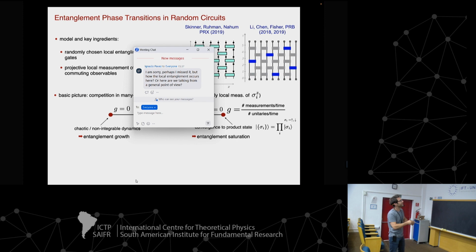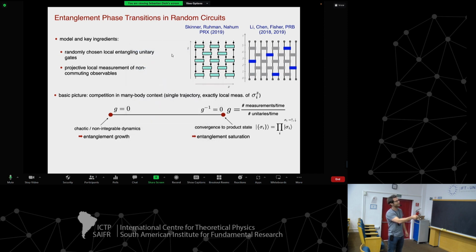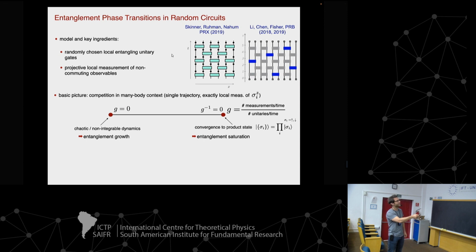I mean, local entanglement, you can see it basically from these gates here. On each pair of sites, you generate entanglement, and if you forget about the measurements, that's what we're doing in this limit here. You can see here I build up some entanglement, so quantum correlation between these two sites. Then in the next step, you entangle this one with this one, so you can see basically how an entanglement front also spreads through the system. These random circuits have the property that you really get a lot of entanglement, in the sense that it scales proportional to the system size if you wait for long enough.